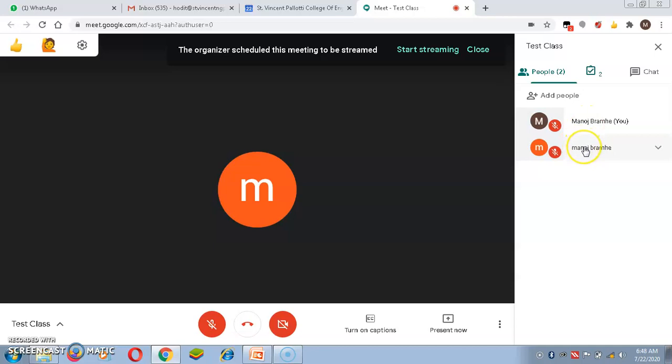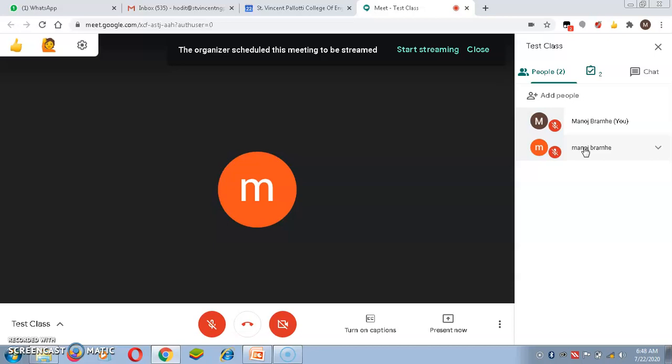Now, by default, Google doesn't allow you to take the attendance. But if there are 60 people added in your class, you cannot take manual attendance. So you have to download an extension from the Google search engine by typing Meet Attendance. When you type Meet Attendance, you will get that extension.